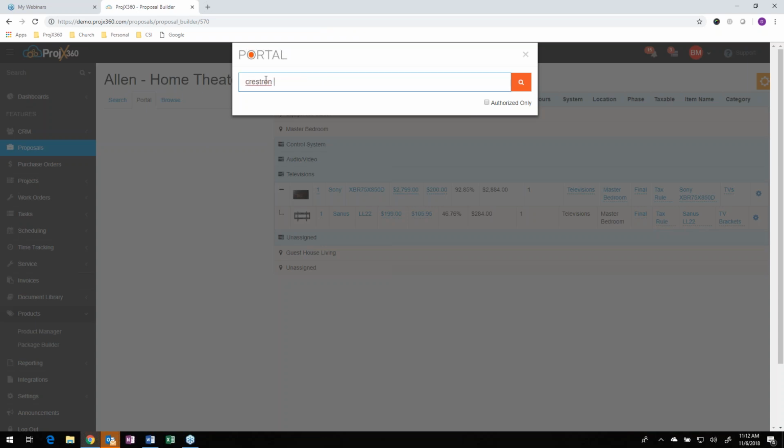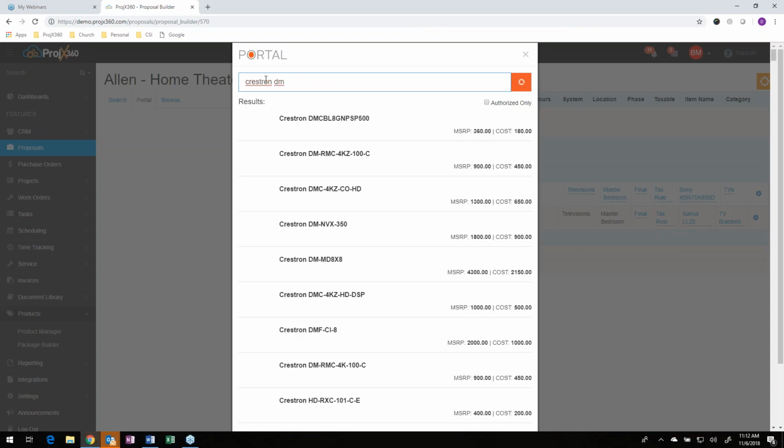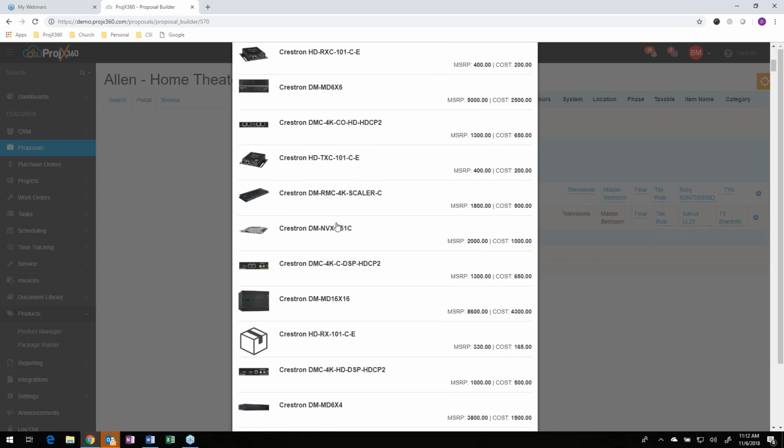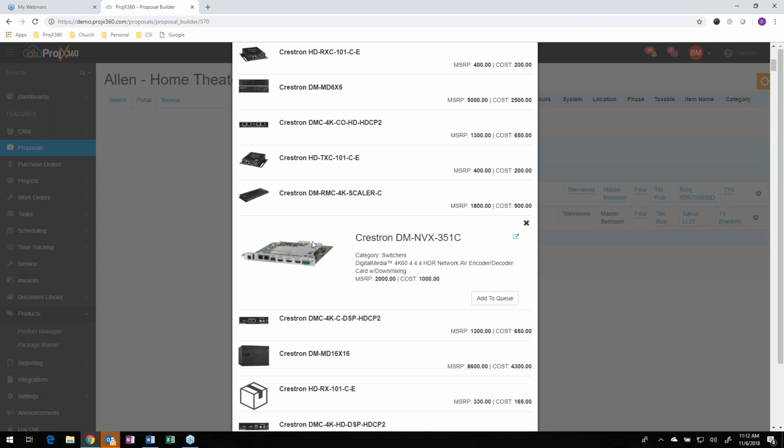So when you're looking for things like, say, I'm looking for a Crestron DM piece, maybe I don't know the whole model number, just type in that. Again, it'll reach out to Portal's database, bring back everything that's related. When I click on the product that I want, it'll bring over the product image, the manufacturer, the model, the description, and the retail and your cost. As long as you've set up inside of Portal with them who you're authorized to resell. So you'll want to go to portal.io, get all that stuff set up so your cost